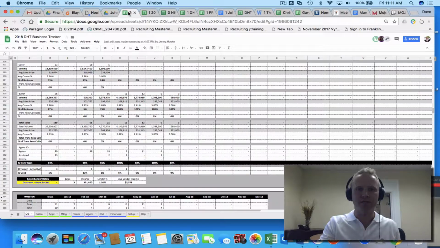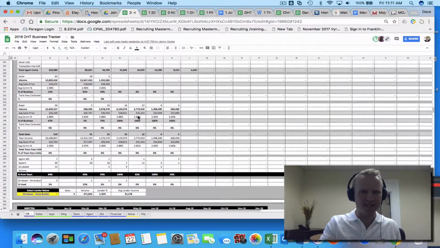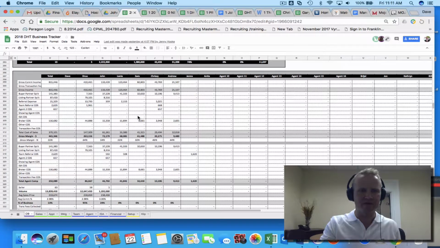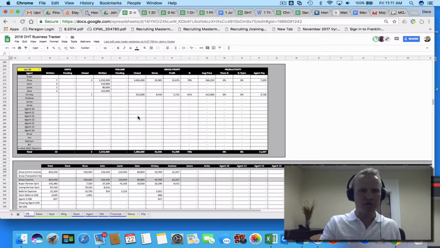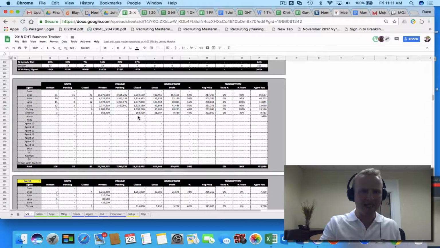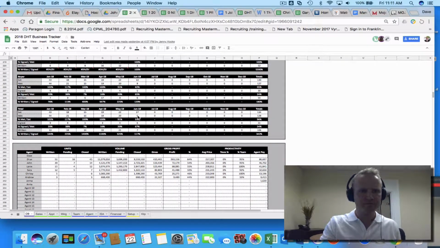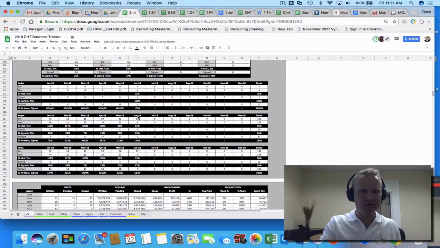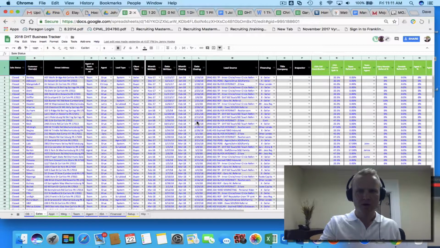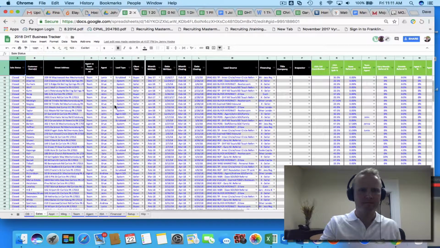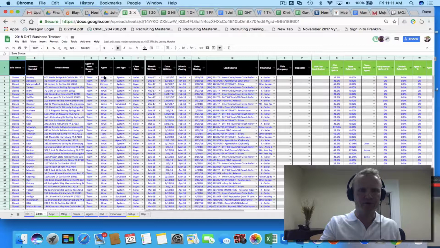So if we go into the business tracker, there's probably a couple ways to get the data out of John's, the amount of closings that he has. Let me just take a look. One way to do it is just to go to the sales input tab, and you can just go down through where agent, anytime you see John, you can just make a note that he had date of closing. So 1 in February,